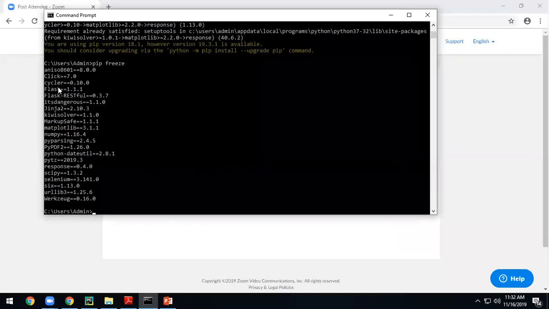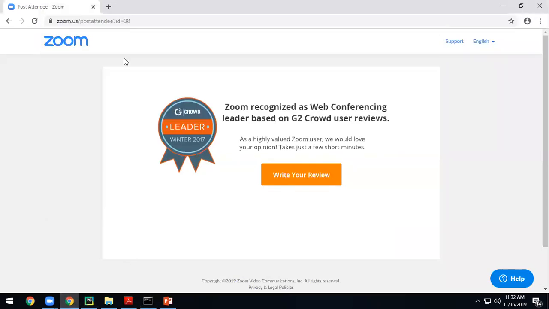You should be able to see all these things when you run pip freeze. It will tell you what all packages are installed. You should see the versions, like RESTful with some version, and then response. Okay, come back to this one.